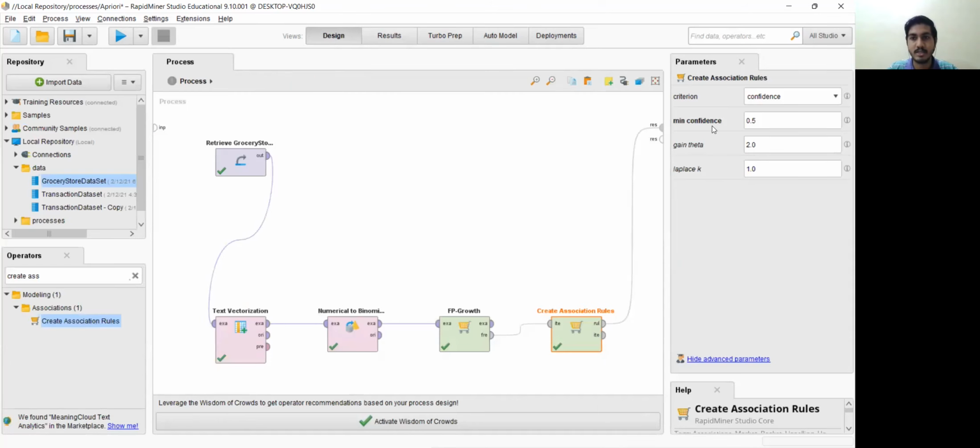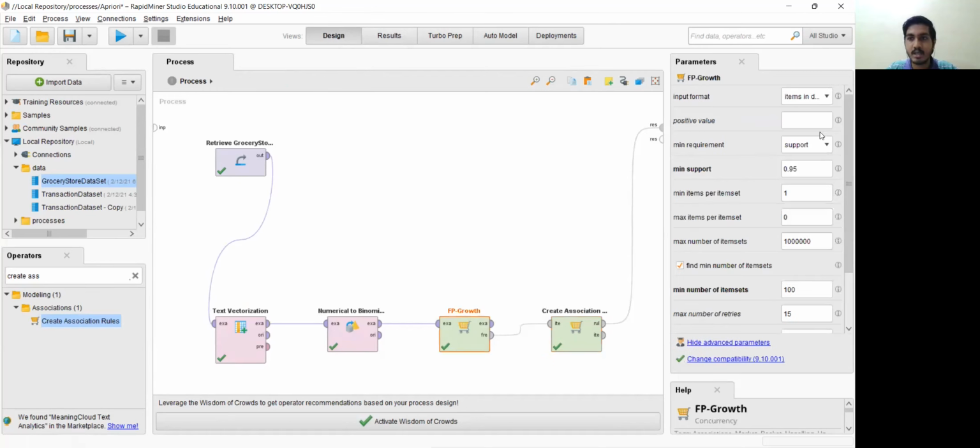Again, moving back to the design part. Here we can see that we can actually set the parameters of this FP growth. Here the minimum requirement, we could change it as support or frequency of the dataset. So let us just keep support and the minimum support value to be 0.95.